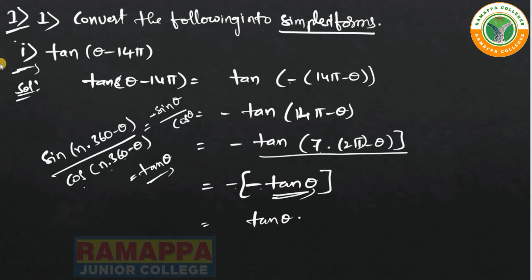Here a minus is there, so minus tan theta. This minus tan theta will come with this one. Here there is 7, that's why I took the value of tan theta. As per the formula, minus into minus becomes plus, and the answer is tan theta. So before starting this chapter and these problems, please practice your formulas, then only you will understand. Now moving to the second question.